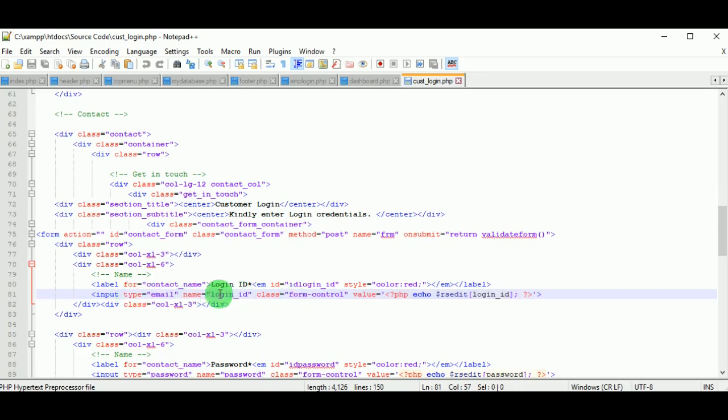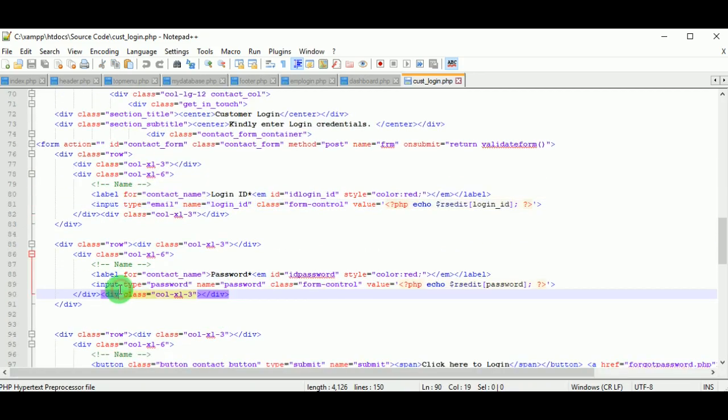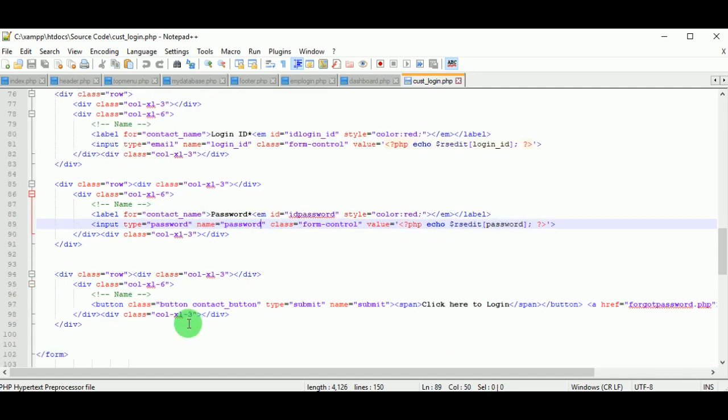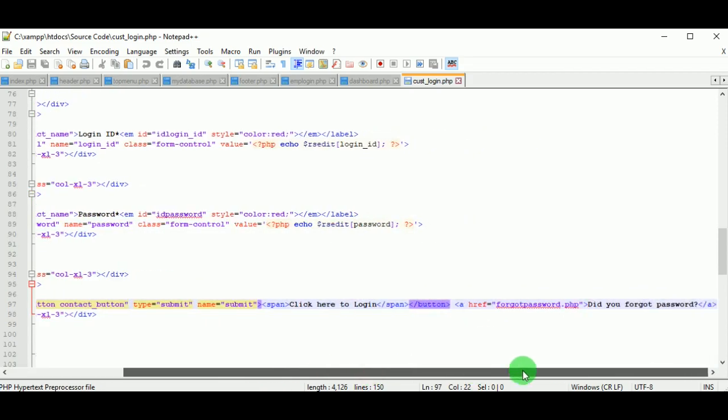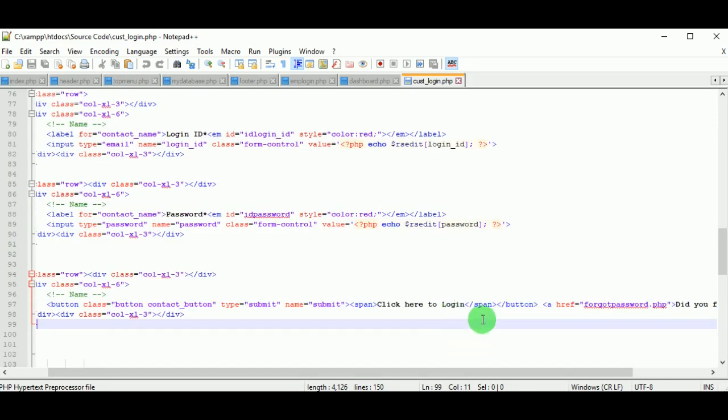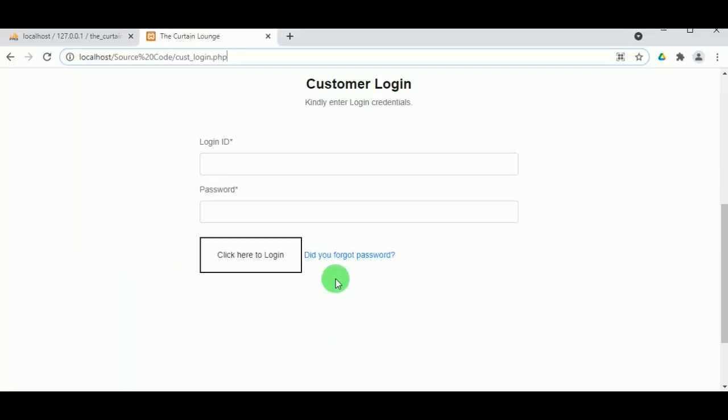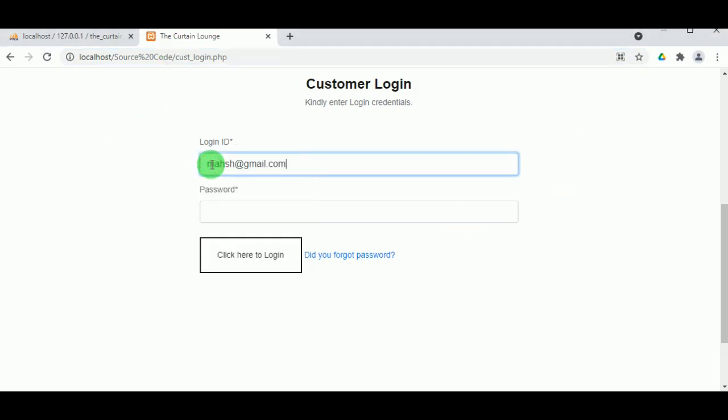This is used when you want to make an update. Now it is not required; we will see later why rsedit is used. Next you have a label for password, where the input type is password and the name is also password. On clicking the button, you are redirected to the validate function, and there is one more link, that is, forgot password. So if you forget your password, there is a link to forgot password. Otherwise you have to enter the login ID and the password, and then you can log in. Here the email ID must be entered and the password details must be entered.